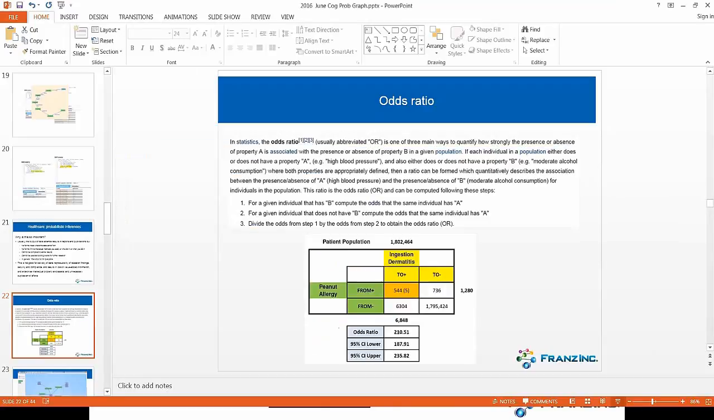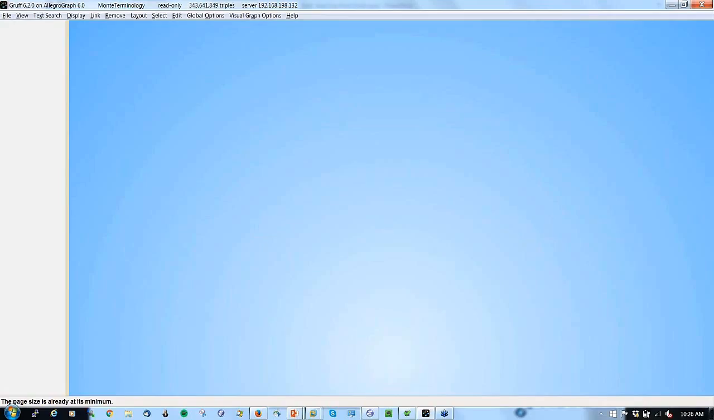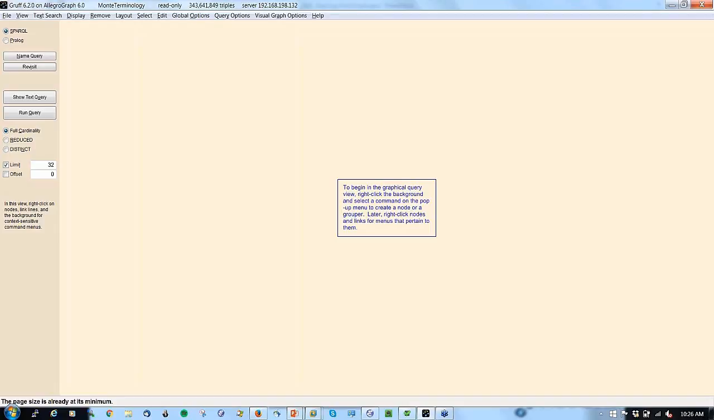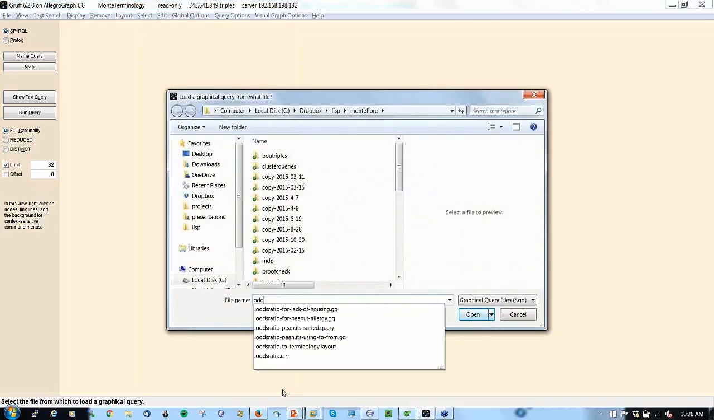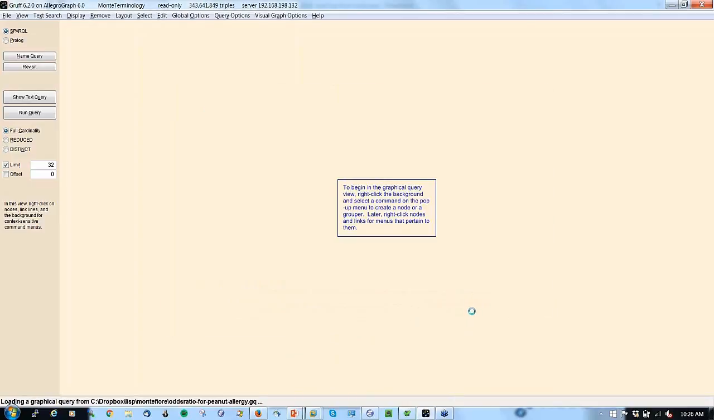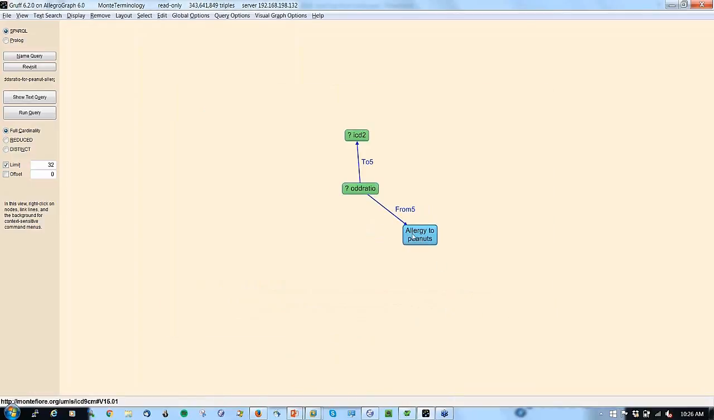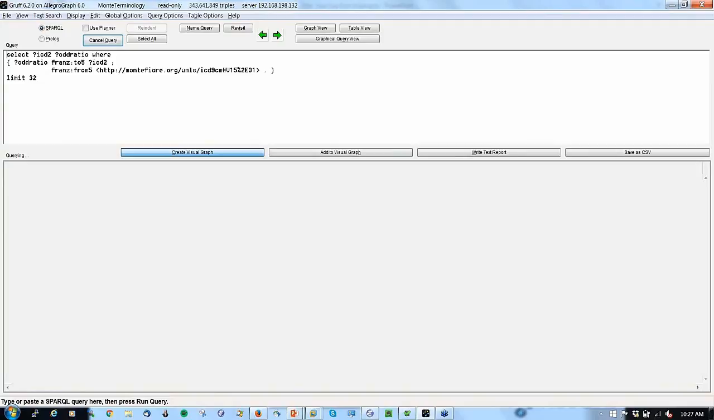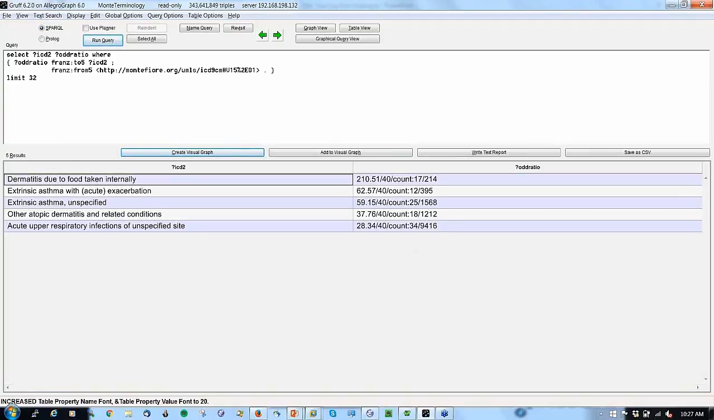Here is when I did this for the first time. So basically I created this query, odds ratio for peanut allergy. This is a visual query. It says, given that I have allergy to peanuts, give me all the odds ratio objects that point to another ICD-9 code. And when I ran the query for the first time, I was blown away,